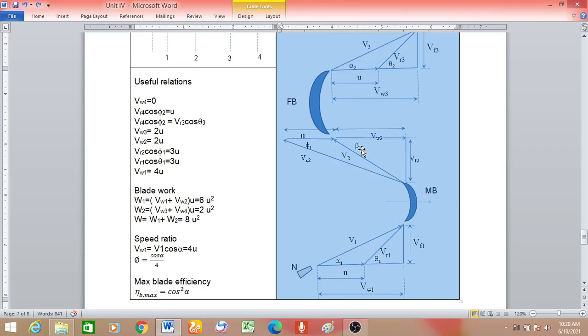Here if you see, the fluid is coming with some velocity. This is moving, whereas the fixed blade is fixed. So here you need not worry about the relative velocity component. So the absolute velocity line should be placed tangentially to the blade profile. Okay, the absolute velocity line should be placed tangentially to the fixed blade. Whereas in the moving blade, tangent to the blade, we have the relative velocity.